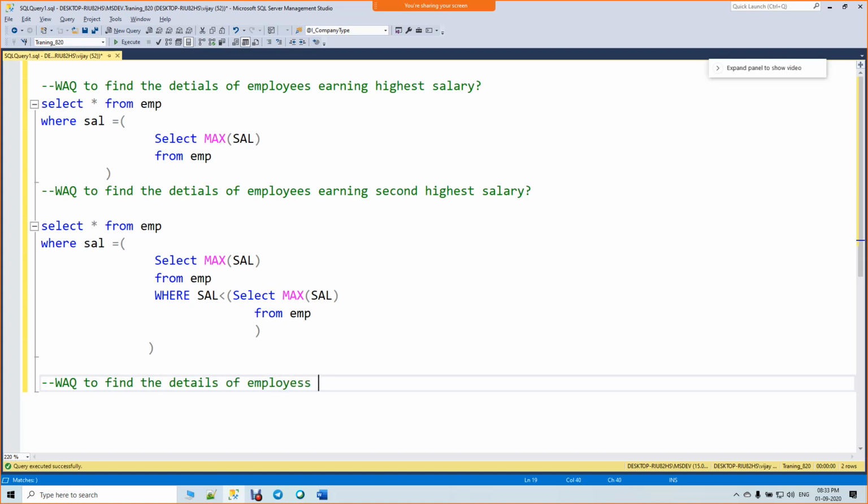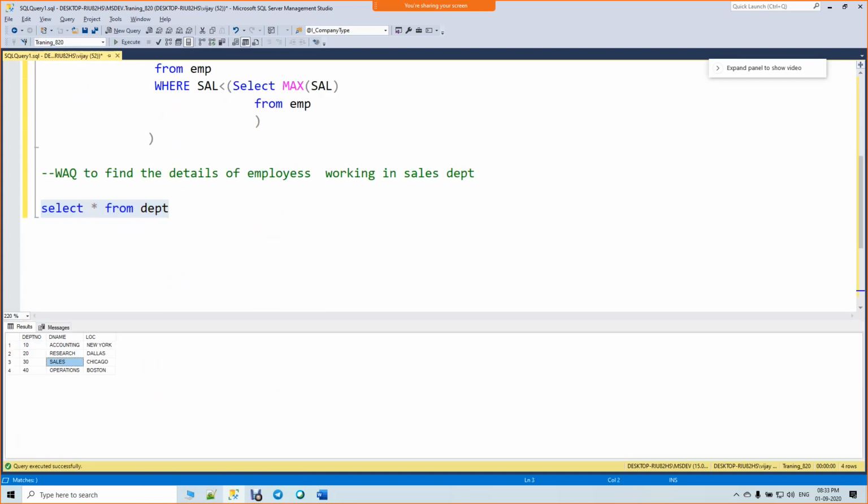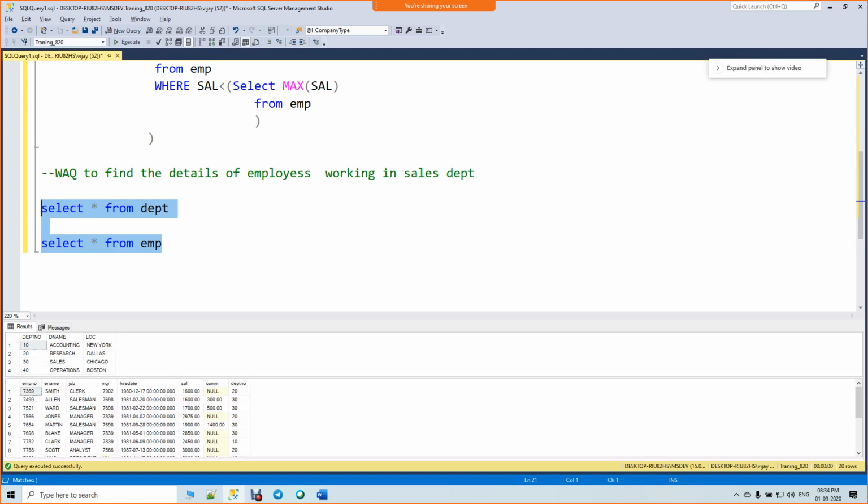Okay, we have a department table and employee table. I need details of employees working in the sales department, using a subquery. Is the question clear? Okay, perfect. Do it.